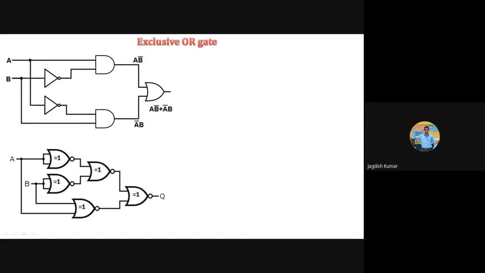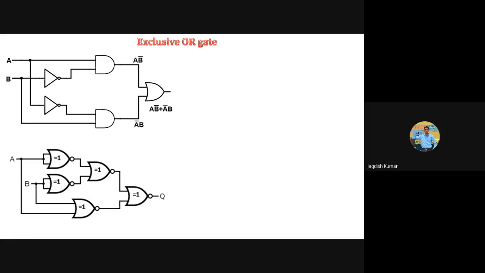Are you able to get that expression in your notebook? So we are correct so far. So what will be output here is A NOT and B NOT. Fine. What is this going to give you? A fed directly to a NOR gate, B also fed to a NOR gate. So what will be output here? Output here will be A or B whole NOT.